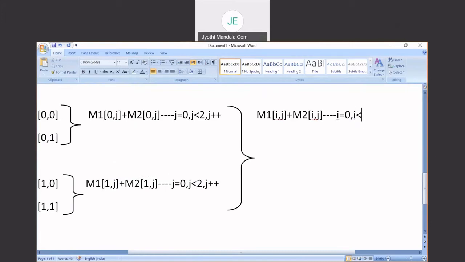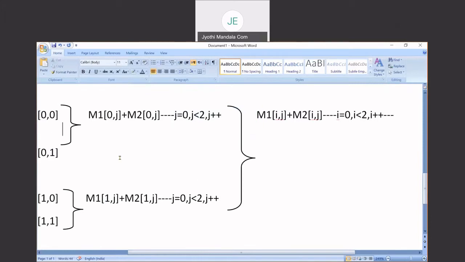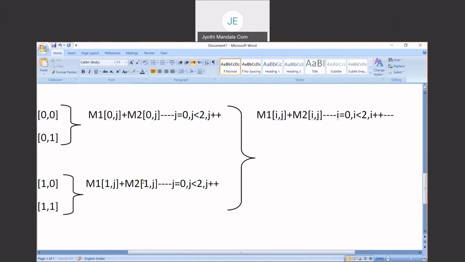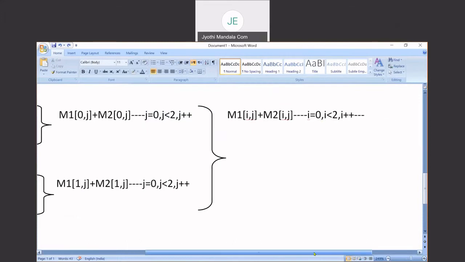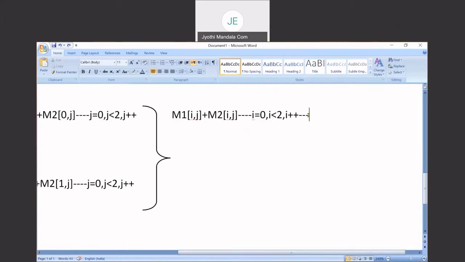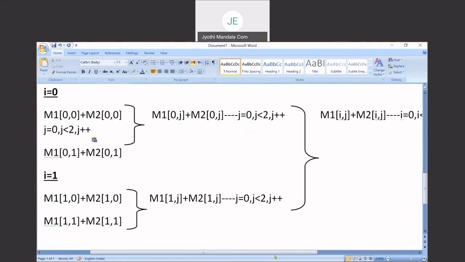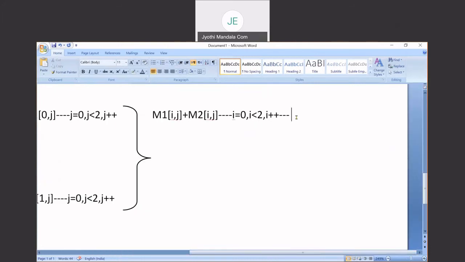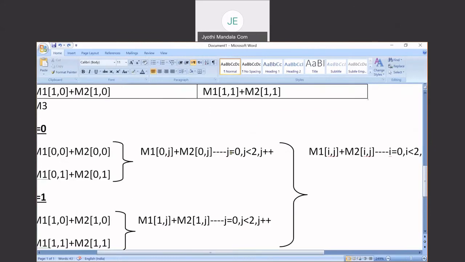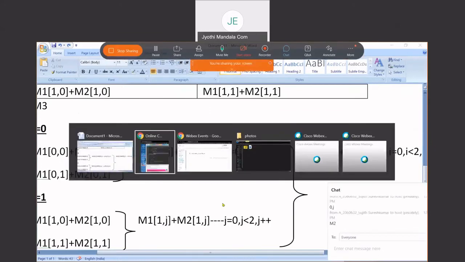Each time I value should be increased. And also we need to take this case for J, because we have J in our case, we need to take it for each I value. I hope this is clear to you all. The same J value we need to consider. So let us write the code for this program.